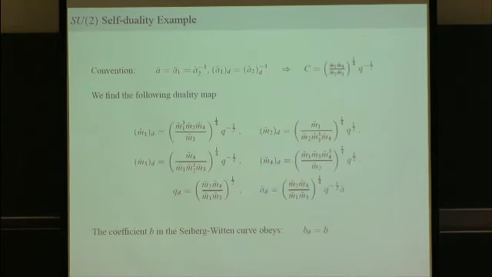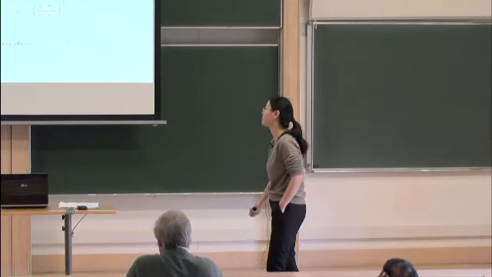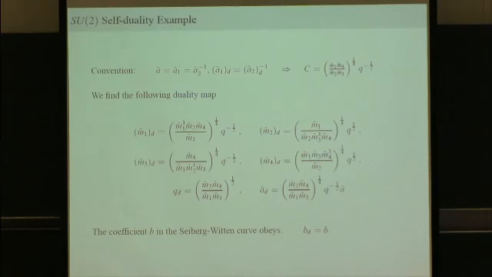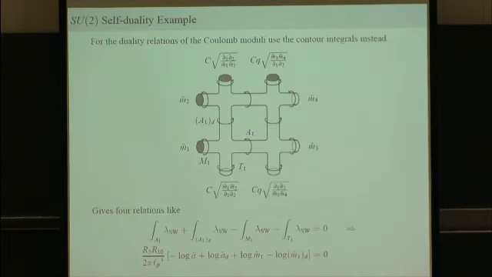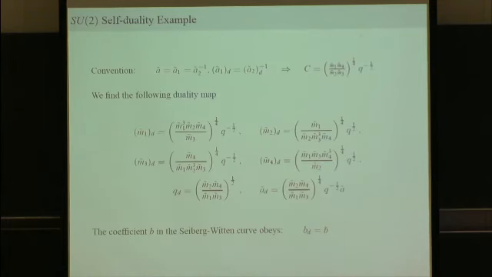So as I promised before, this constant C in the Seiberg-Witten curve can be removed, not removed, but fixed by setting the conventions. So the conventions we choose are A1 corresponding to this line, with A2 corresponding to this line. So the product of these should be equal to 1. So this is just one of the conventions. I mean, you can choose any. And this uniquely fixes this parameter C.